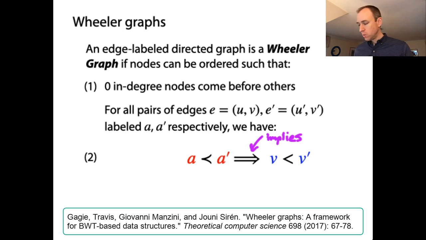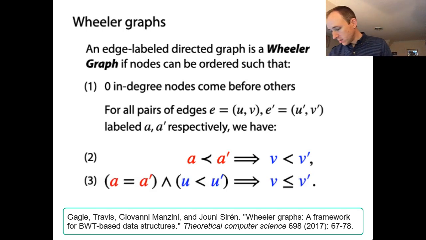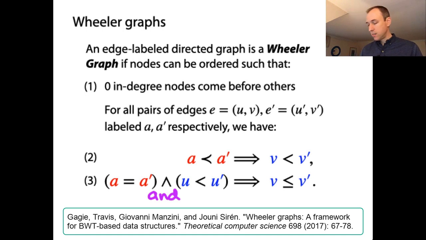Okay, so that was rule 2. Now for rule 3. Rule 3 says that if these two edges, E and E prime, have the same label, so if A equals A prime, and, that's an and, that symbol right there means and, if the two edges have the same label and the source of the first edge is less than the source of the second edge, it comes before in the ordering, then that implies that the destination of the first edge cannot come after